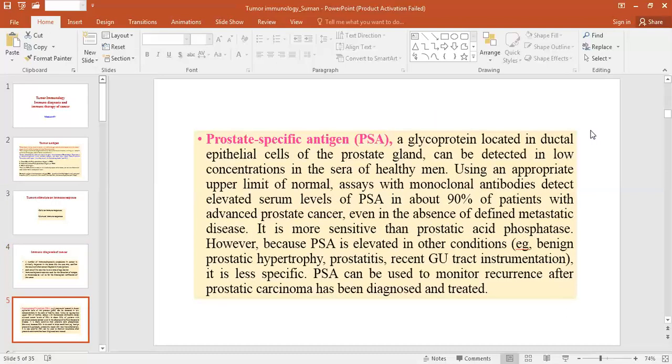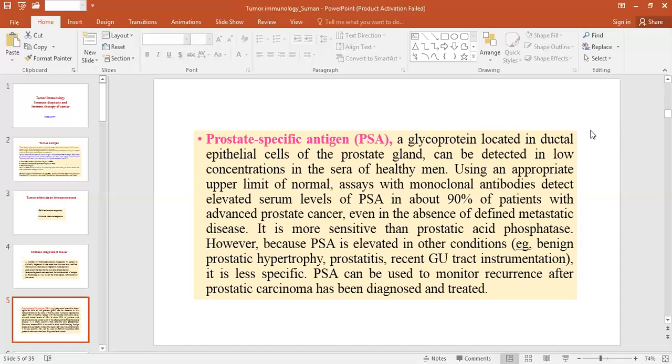Different antigens have been identified, and these antigens have been targeted. And if we can identify these antigens, and if we can check the status of the antigen, then we can diagnose how much immunological mechanism occurs under these conditions, or what is the probability of the development of a specific tumor or specific cancer in the individual.